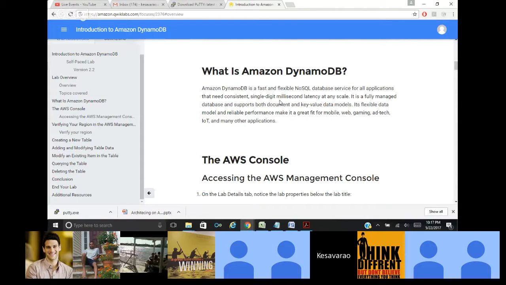And why is it important to store them like a document, an XML document, or a key-value pair, and what advantage will it give you? It is the flexible data model and reliable performance, because a lot of data nowadays is coming not from traditional database systems or regular web applications. It's coming from mobile and web, gaming, ad tech, IoT. So the type of data you're getting, you cannot always expect to come as a regular table or a file. It could come in any format, like a document, an XML document, or an object, a key-value pair